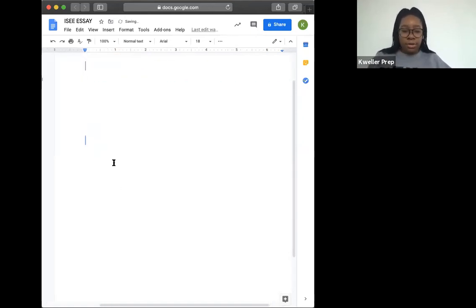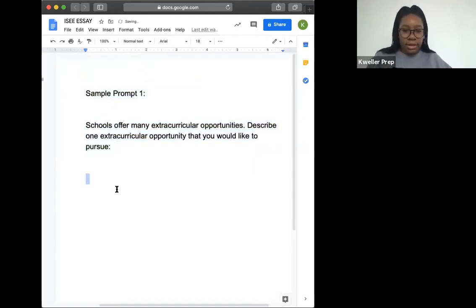And also the traditional 5-paragraph idea just sort of keeps you organized. So we're going to start with that. So you're going to have an intro, body 1, body 2,